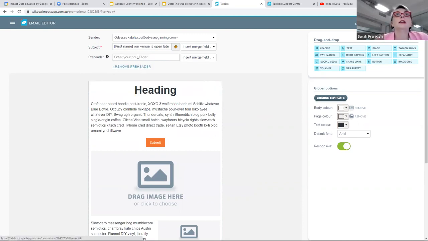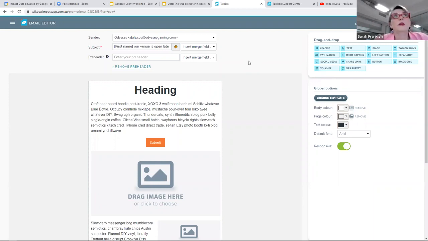And then the next trick is a pre-header. So a pre-header basically gives you 2 cracks at getting someone's attention. And if you use something like Outlook, you'll see that the pre-header goes above the subject line. So you can test that yourself. Always use it, because it's another tool that shows that you're not spamming, right?